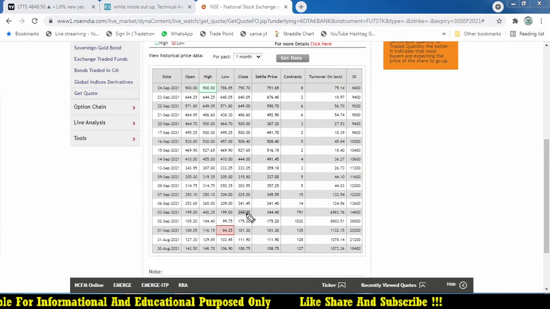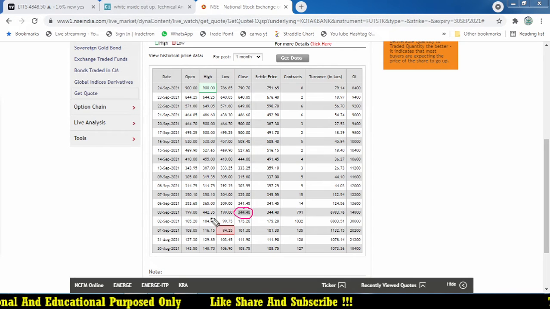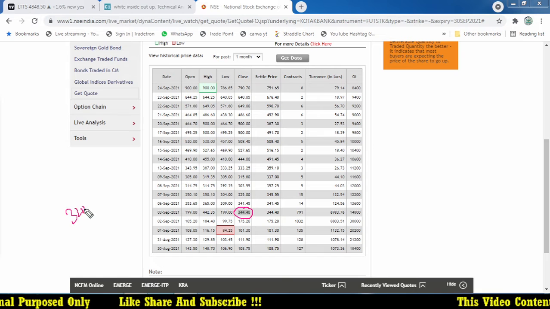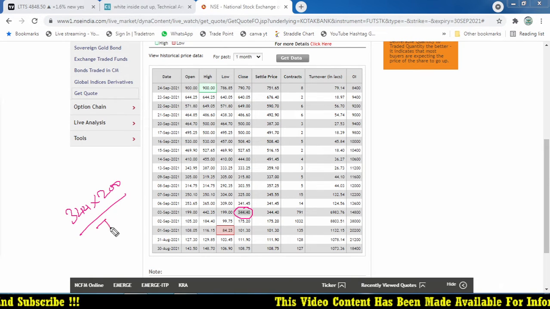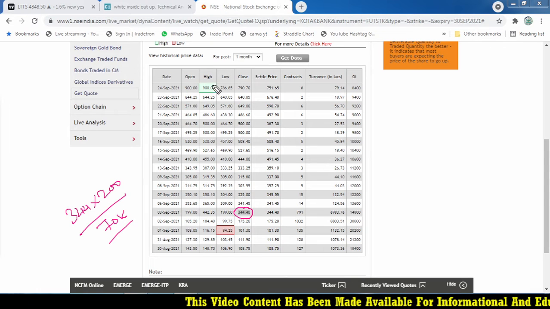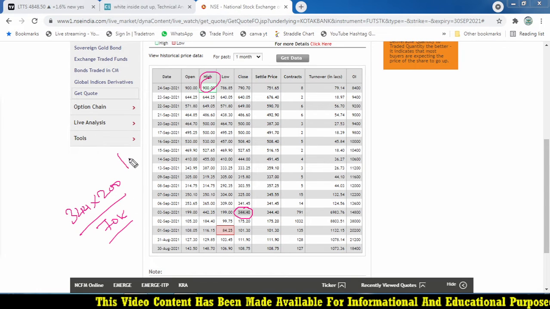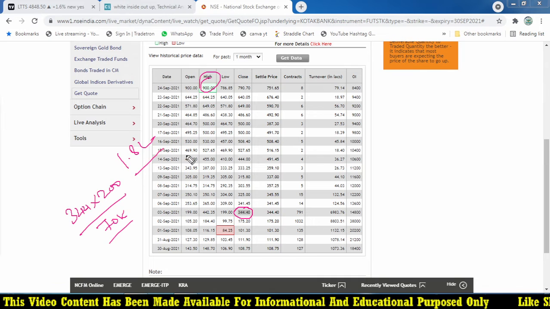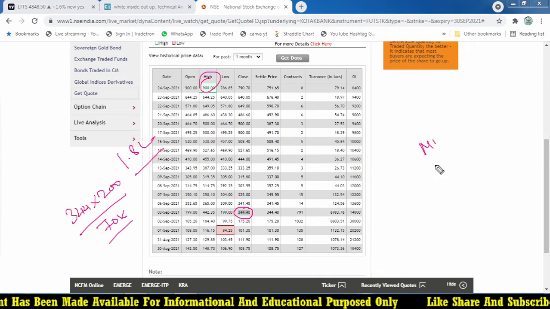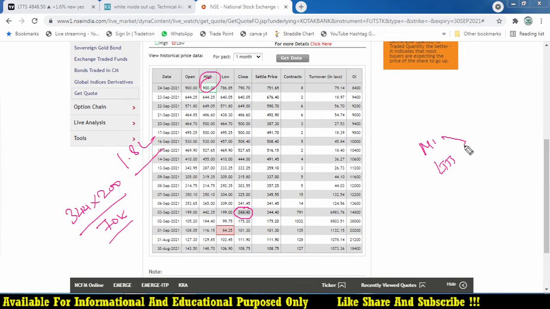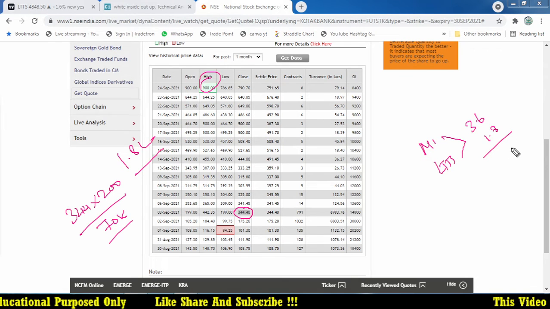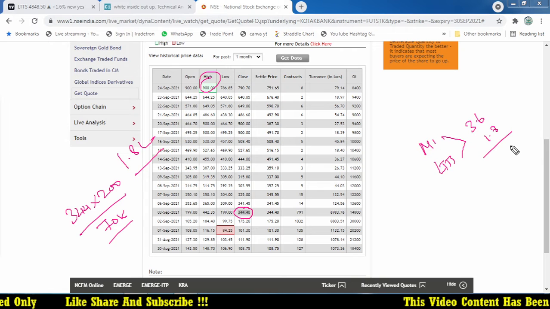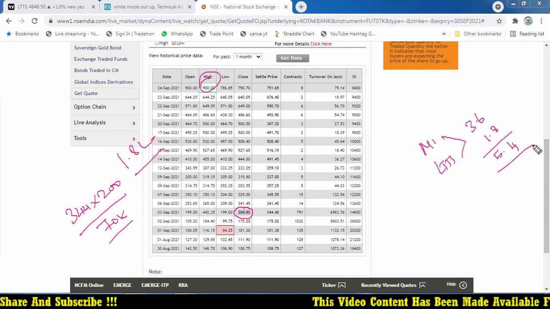3rd September, I'm taking a closing price only. I'm not taking an opening price. 344 within the 200 lot. So we required almost 70k margin, but now it is 900. That comes around 1.8 lakhs. So Mindtree, LTTS, only having this stock, 3 lakhs and 1.8 lakhs. This alone gives you somewhere around 5.4 lakhs profit.